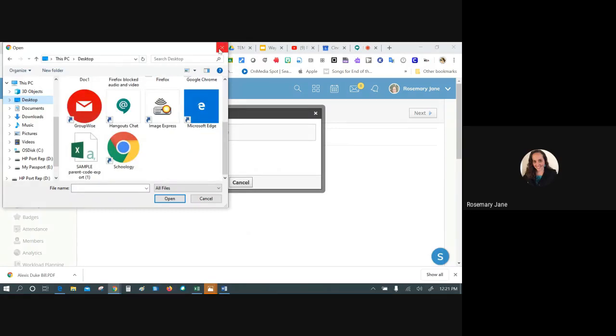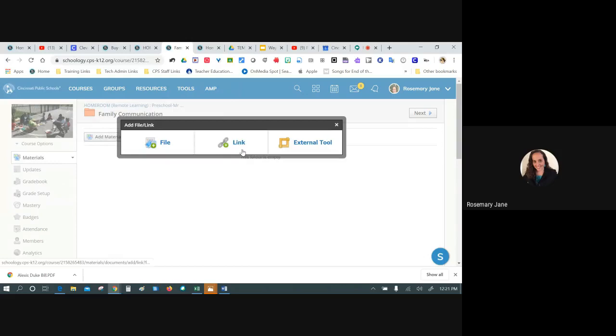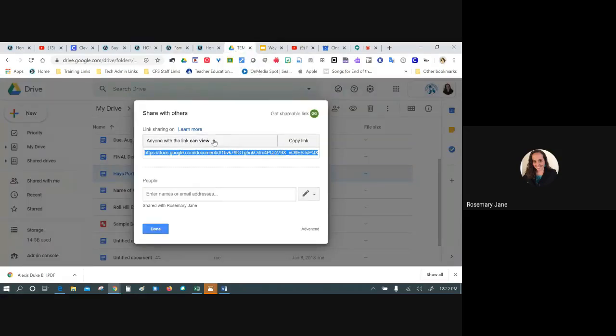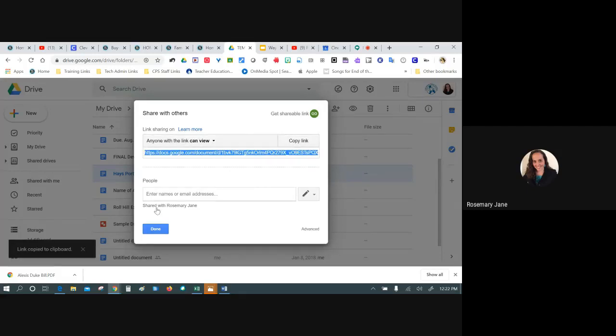So if you've already written your newsletter and you just want to put a copy in it, you'd add a file. If you have a link in Google Drive, maybe you created your newsletter in Google Drive, you'd add a link. And just make sure that your link is set to anyone with the link can view so that your parents can view it. You would just copy that link,